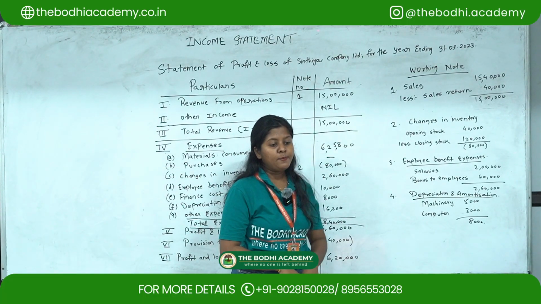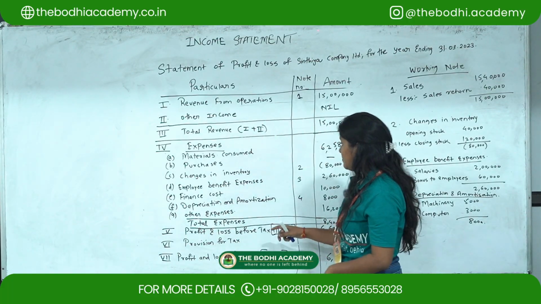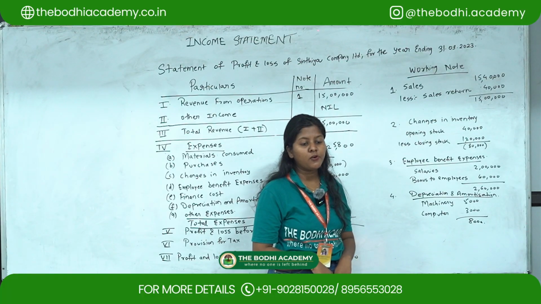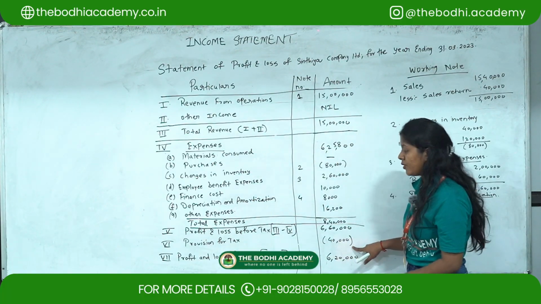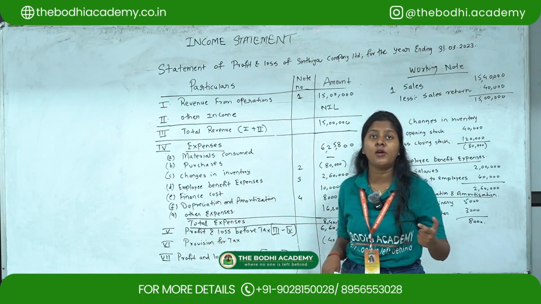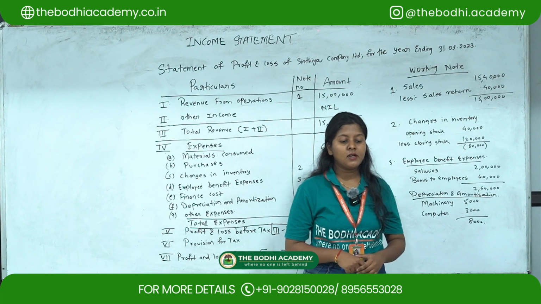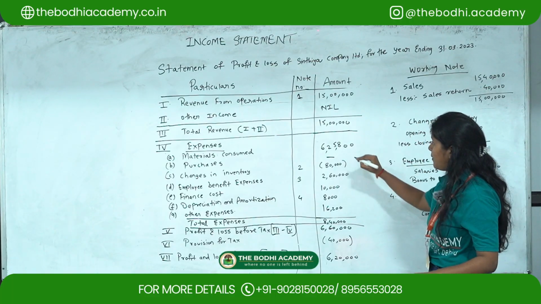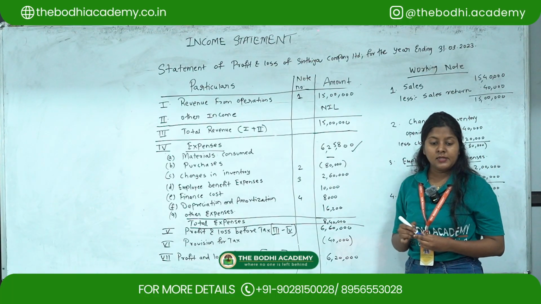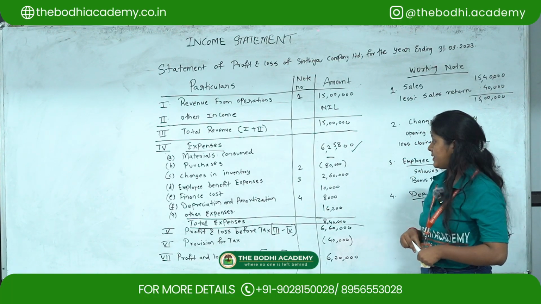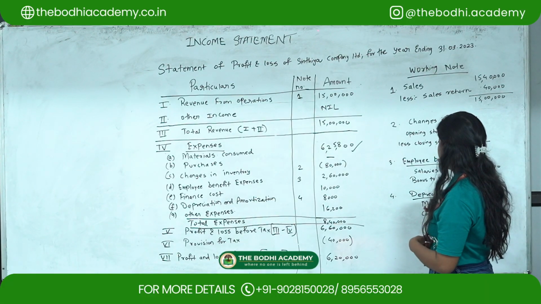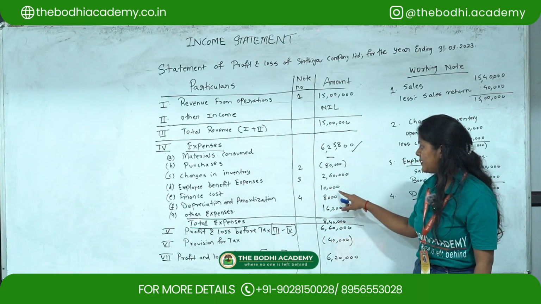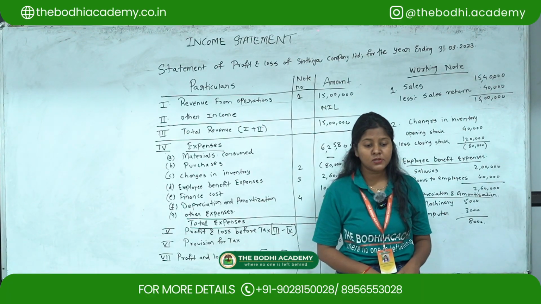Then depreciation on machinery, directly it will come, depreciation on machinery as 5,000. Then provision for tax 40,000, which you have to show in the bracket, because taxes we pay, so we have to minus it. Material consumed is given as 6,25,800. So this amount will come directly, material consumed. Then discount on issue of debentures 10,000. With regards to discount on issue of debentures, it will go under finance cost.